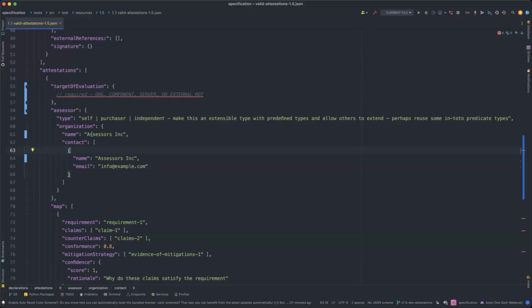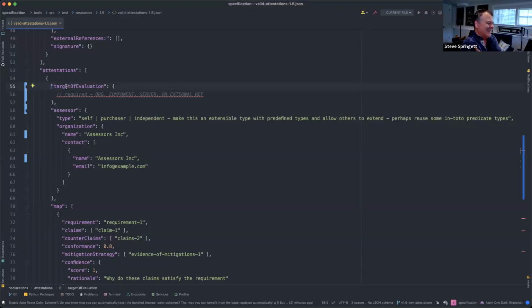Otherwise, this thing starts to look like some sort of access control assertion. Like, I was like, what? Accessors? Oh, maybe we do need who can access it? Who can access the attestation? And I was like, what? Wait, no. Yeah, let's not go there. Right. That's a different working group. Yeah.